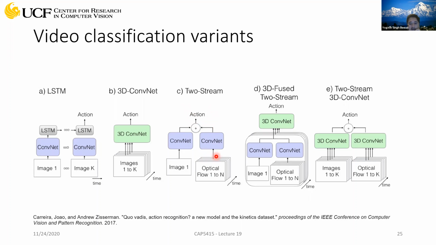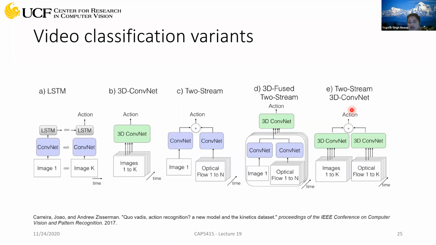So that's another variant. This is an extension of the same network. This was done for a single image, but what you can do is do this repetitively for all the consecutive frames in your video, and that's what is being shown here. You have multiple of these, one for each of the frames in your video. After extracting those features, you can pass them to your 3D ConvNet to perform action recognition. So just another variant of this.